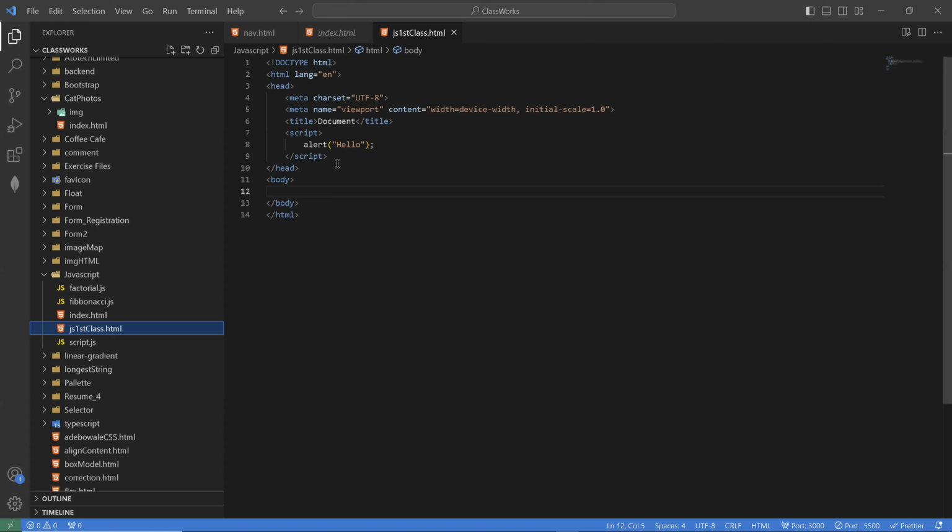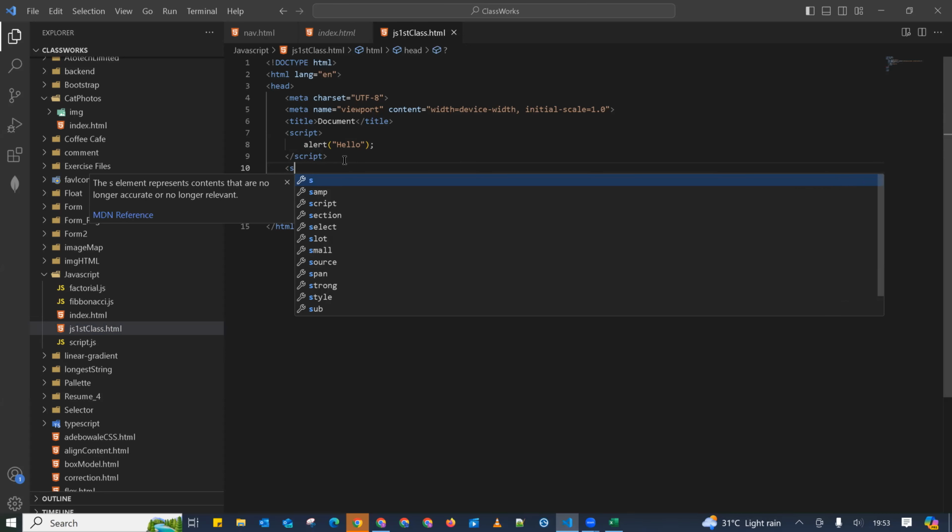Alert is just a message to the user, to display a message. So that is one. This is internal JavaScript. This is internal, just like we have internal CSS,